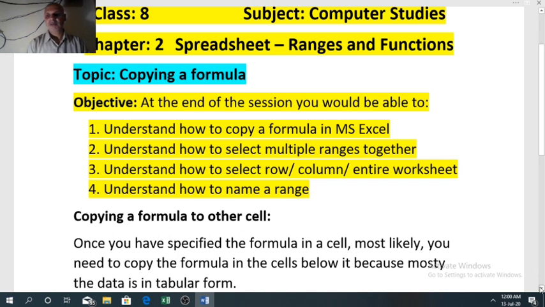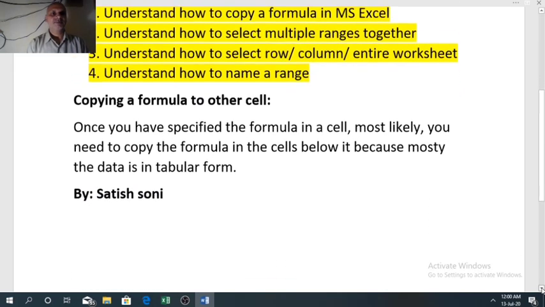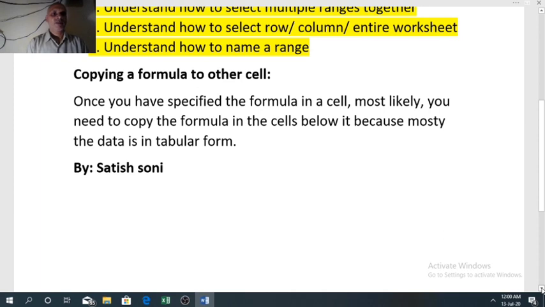So without wasting time, let us start with the topic copying a formula to other cells. In the previous video you would have seen we have three methods of typing a formula in an Excel worksheet. Sometimes we need to type the formula in a particular cell and the same formula is required in other cells.